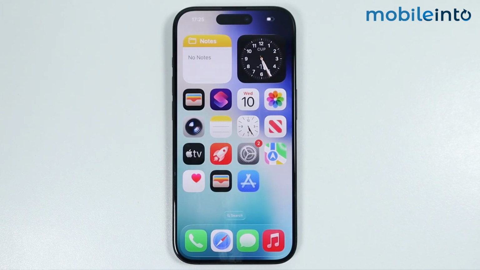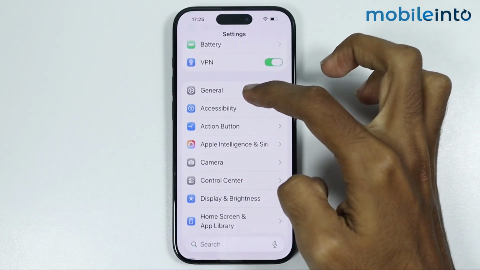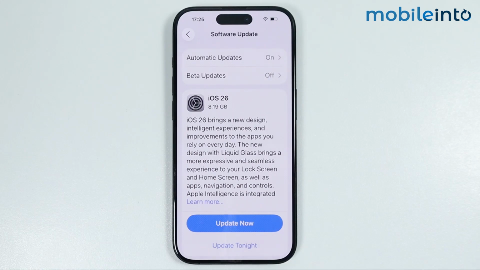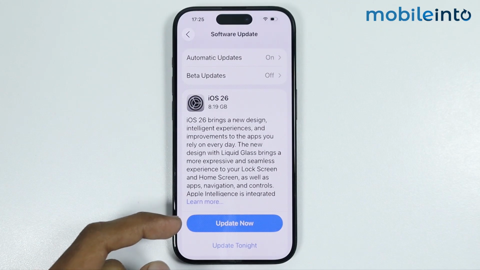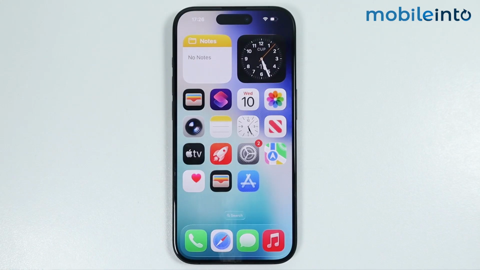Now, if this did not fix your issue, then this could be a software glitch. For that, just open settings, then tap on general. From here, just tap on software update and check if there is any software update available. If there is any software update available, just tap on update now and update the software of your iPhone. Now once you have updated the software of your iPhone, and if this also did not fix your issue, then